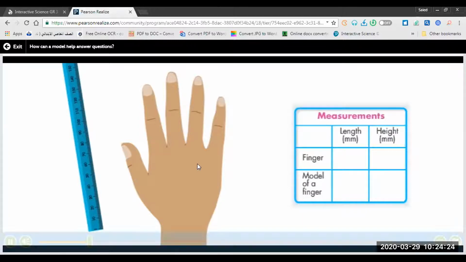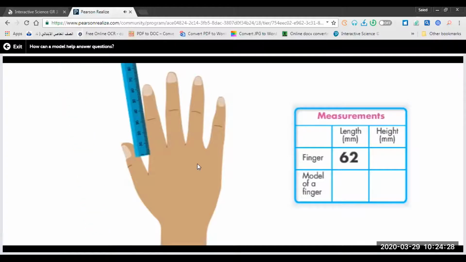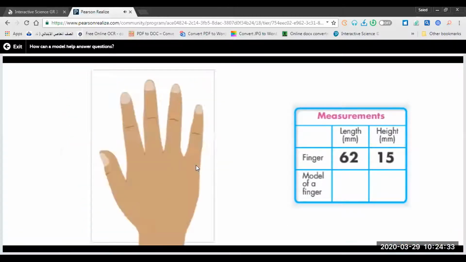Observe. The length of this finger is 62 millimeters. The height is 15 millimeters. Let's measure our model. The length of your finger in real is 62 millimeters, while the height of your finger in real is 15 millimeters. When you draw or trace your hand like this on the paper,